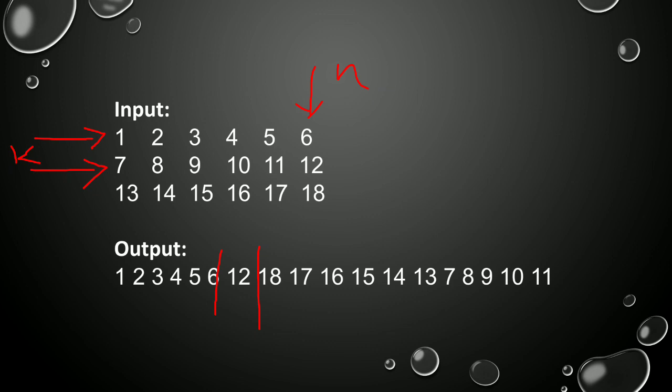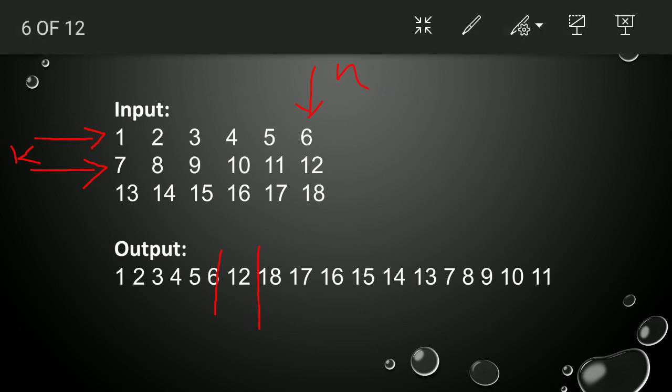This is the zeroth row, and this is the first row. So first row and fifth column, 0 1 2 3 4 5. Zeroth row and fifth column, we had printed the 12. So we are done with the 12. Now we need to print this in reverse order, from the last column up to the first column. That will be 18, 17, 16, 15, 14 and 13. Up to this we need to print.